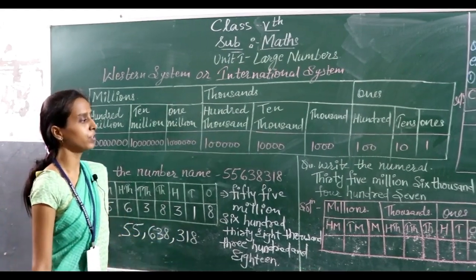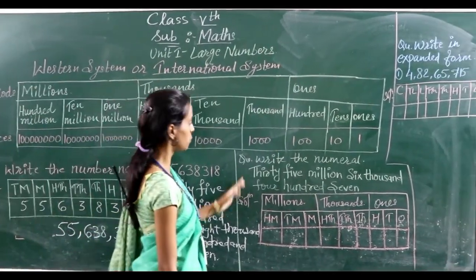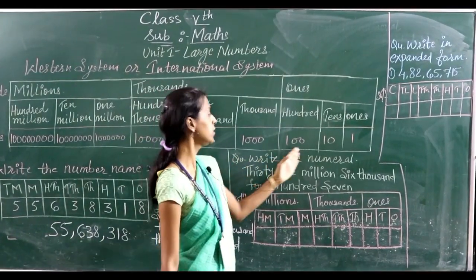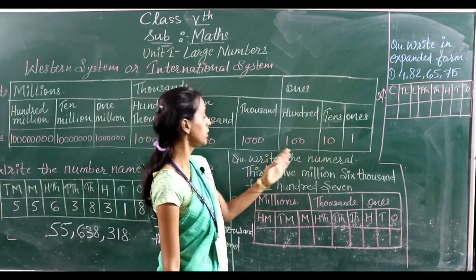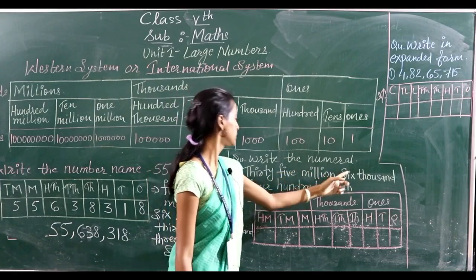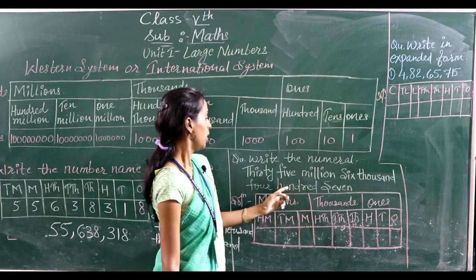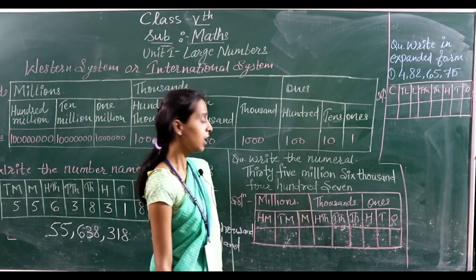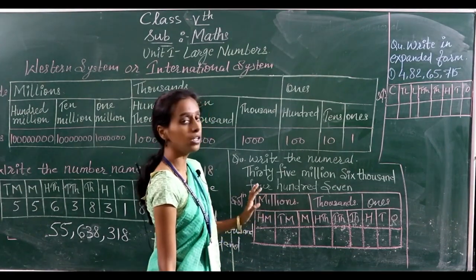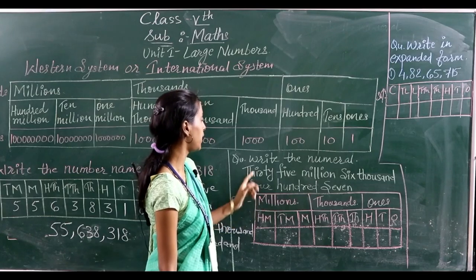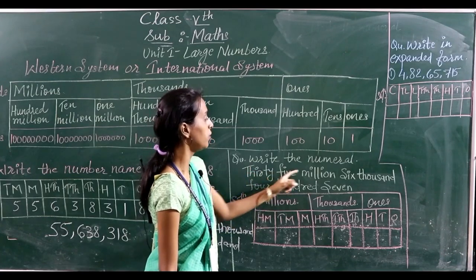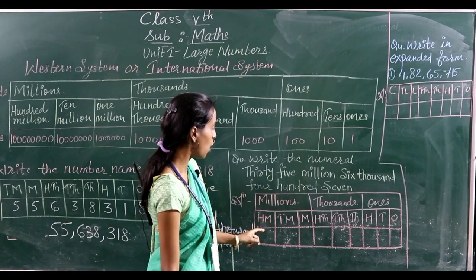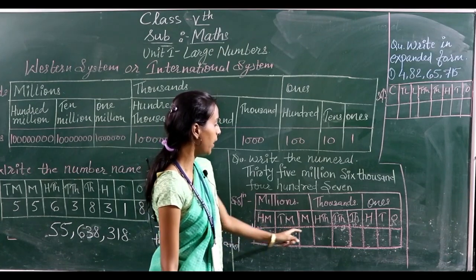Okay, this is one type of question. The other type of question which we get is, write the numeral. Okay, so you are given the numeral 35,006,407. This is the number which you are given and you have to write it down in numeral form. So how will we write? This is 35 million. In the millions column, how many places do we have? 1, 2 and 3 places.